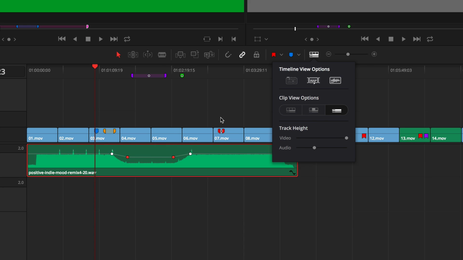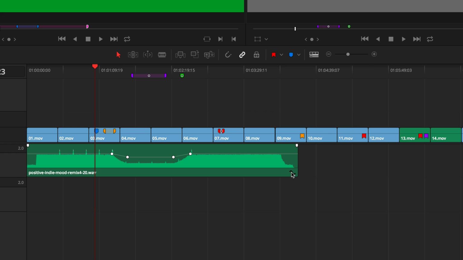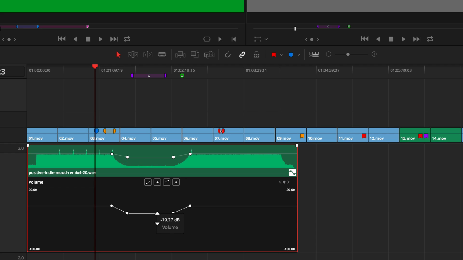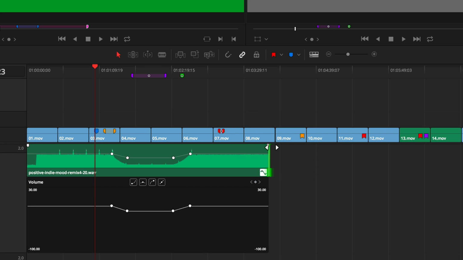When I scale this up, there's an option to twirl down here and see the keyframing graph, a much bigger keyframing graph, and that's going to reflect what keyframes you have happening there. Resolve also builds fade handles into each of the clips, both audio and video. So if I go over here, I say I've trimmed this in, and I want to fade that out,